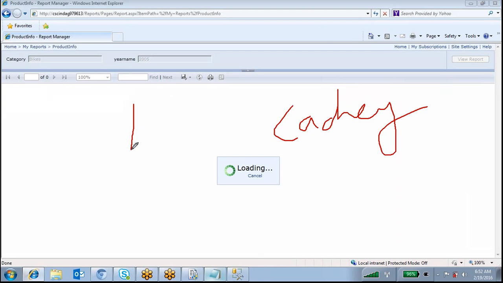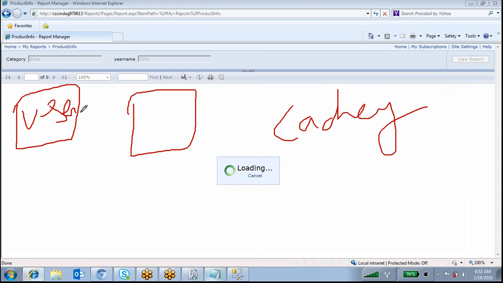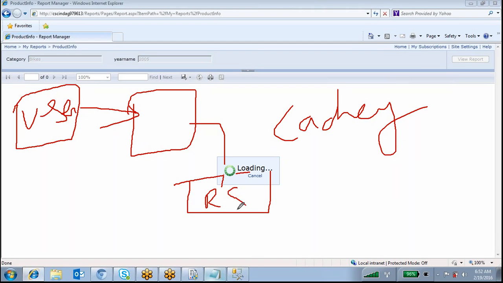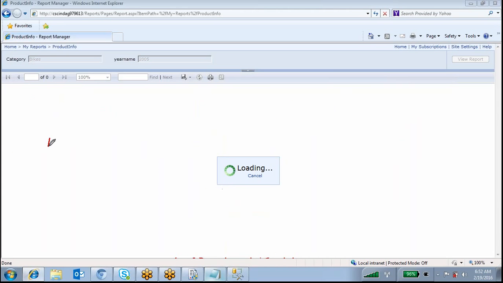Okay, for example, you are the user, so you are requesting a report in the report manager. The report manager contacts the report server. The report server takes the report from the report manager database, and the data from the data source connection, our SQL Server. Finally it will display the result.